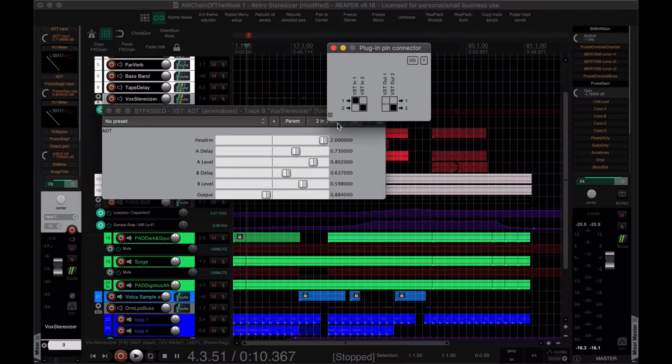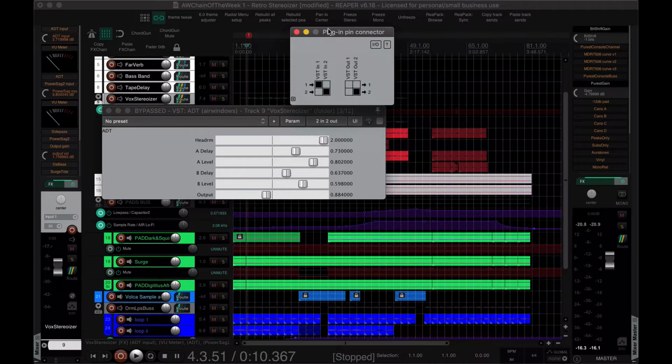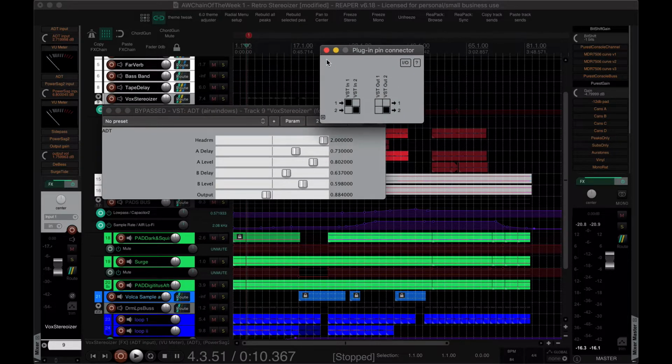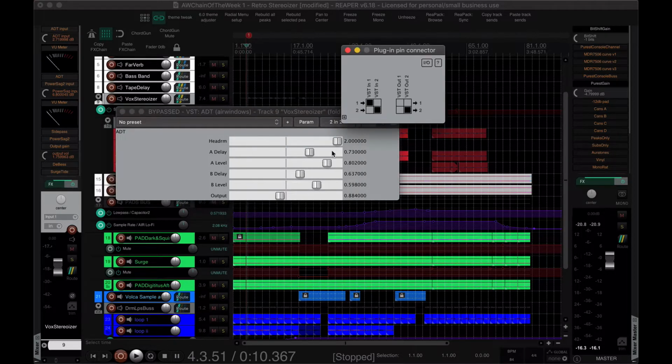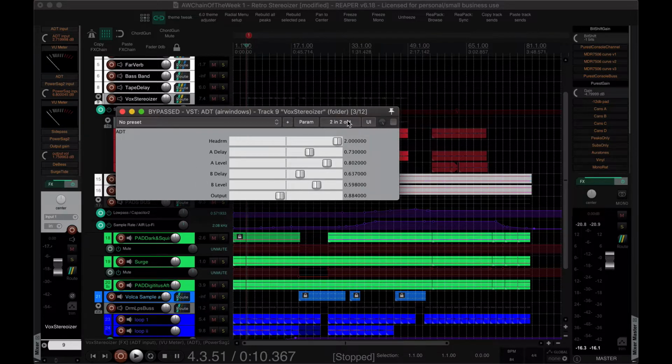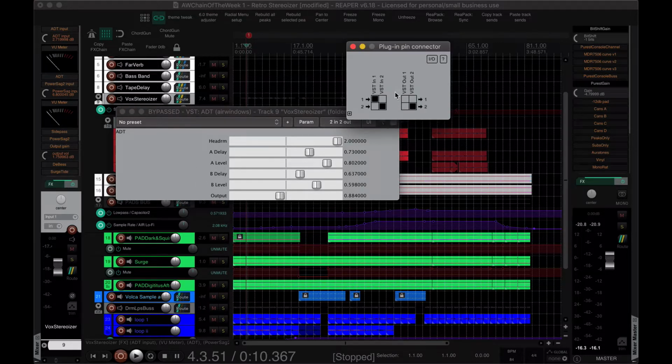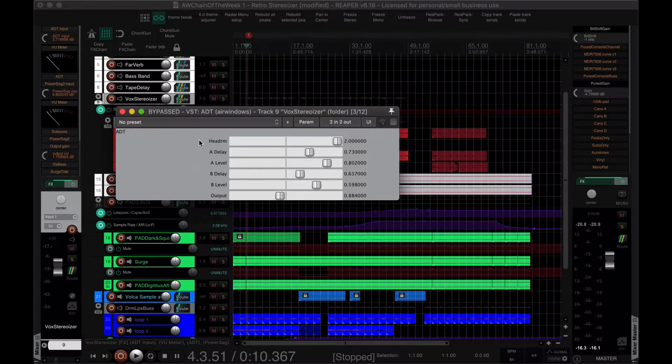What I thought was, what if I go into this plugin pin connector in Reaper, in the plugin window, and get rid of one of the outputs. Now the left channel won't have the plugin's processing applied to it, but the right channel will. So on the left channel, we just get the dry signal. So if we turn that on and off,